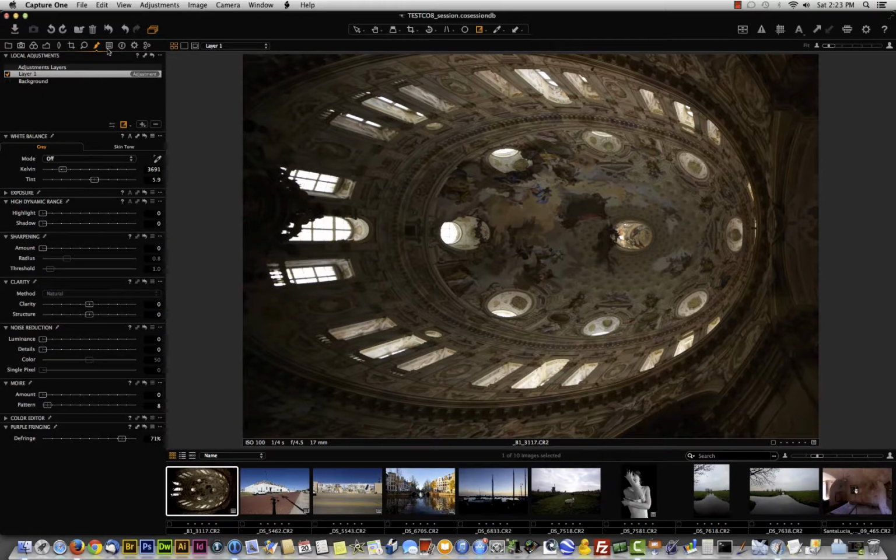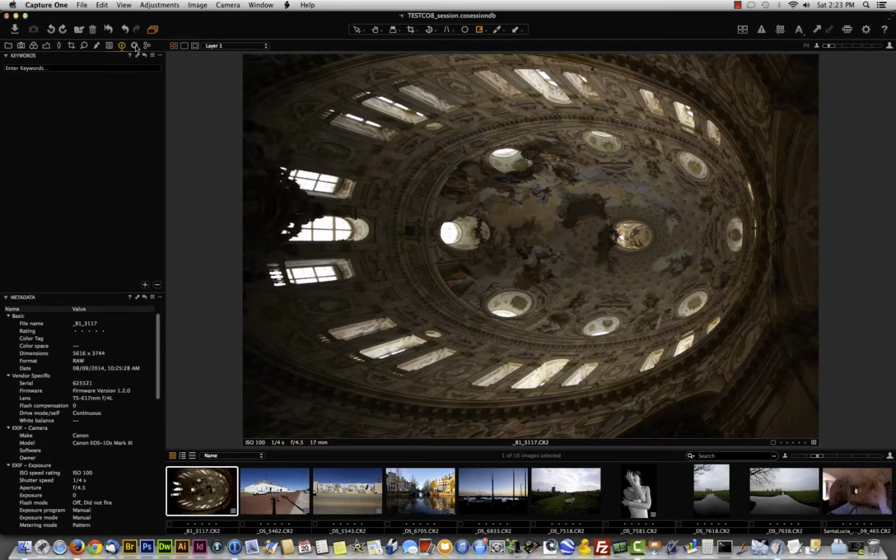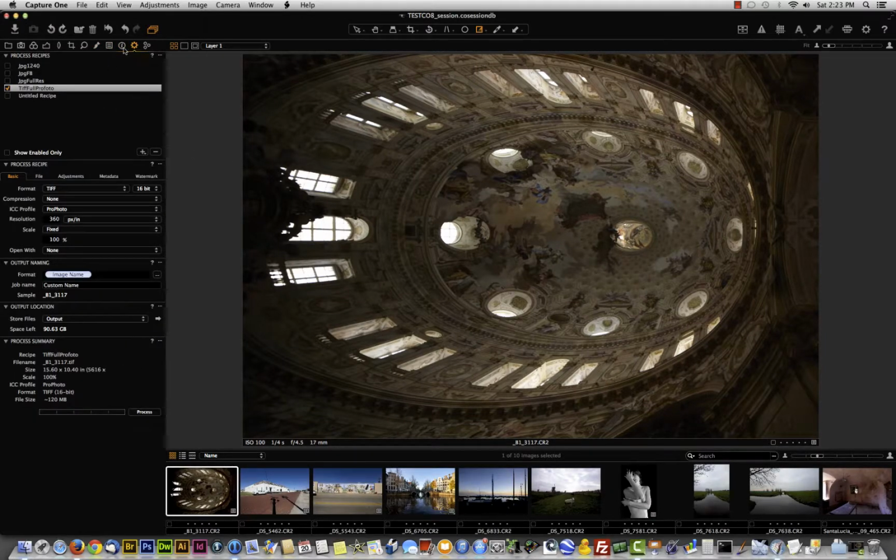Basically, this is all. The other tools remain the same, the export and everything, but these little changes really improved CaptureOne from 7 to 8 in a great way. The results are really amazing, and what I say is just go to